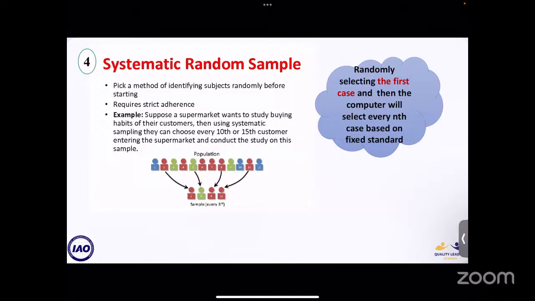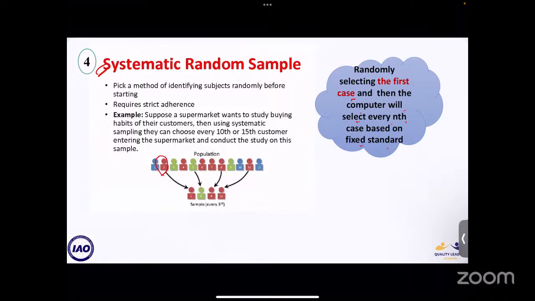We have the systematic random sampling. This is a common method that often appears in questions. In systematic random sampling, you randomly select the first case, and then the computer will select every nth case based on a fixed standard. So you first select the first case, and then the system will automatically select the rest of the elements based on a pattern. For example, if you select the first sample as number 2,